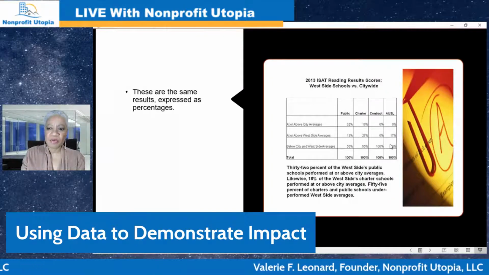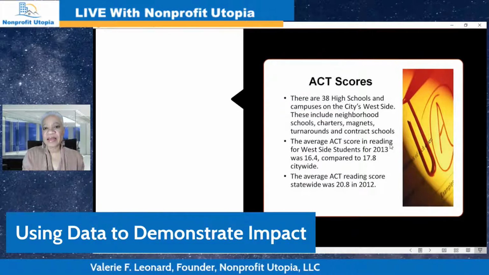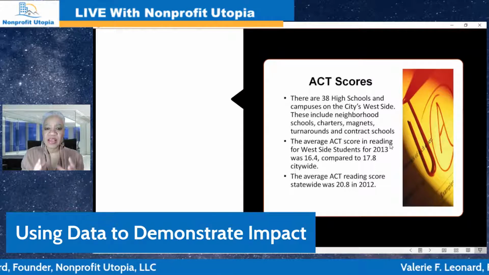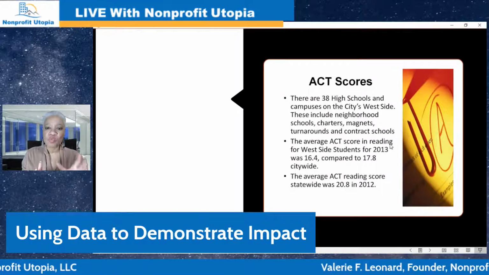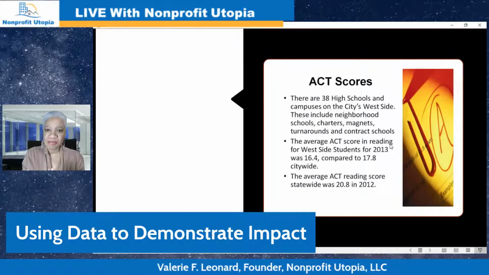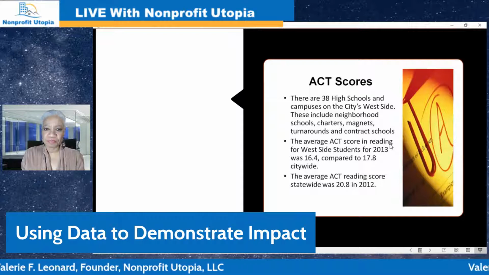So it's really important to use the data to be able to understand a community, to be able to quantify issues, and then you can prioritize which issue you are going to address today. There are many, many fights, and you have to choose your fights very carefully.